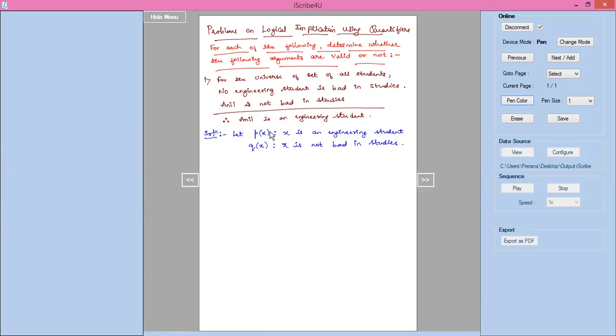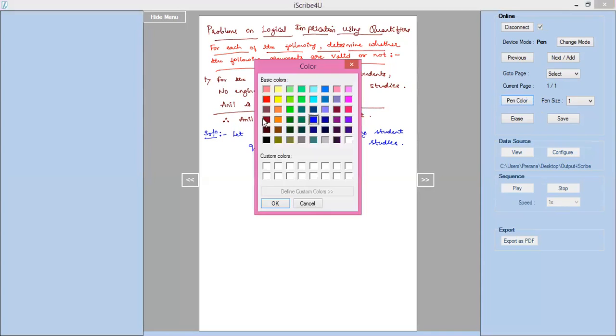We take the variable x here because we are in general talking about no engineering student is bad in studies. So it comes to the set of all students here. The universe is nothing but the set of all students. So that is why we talk in general in terms of x, the variable x. And in that, a particular student is taken into consideration, that is Anil. So we will denote the student name Anil by the element A. So that now the given argument reads,